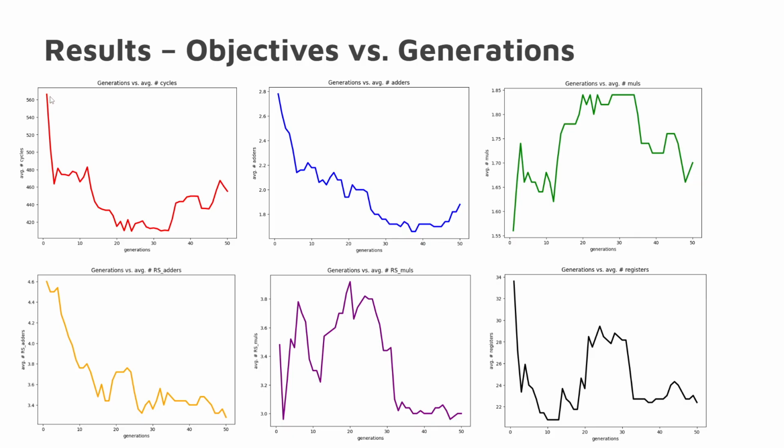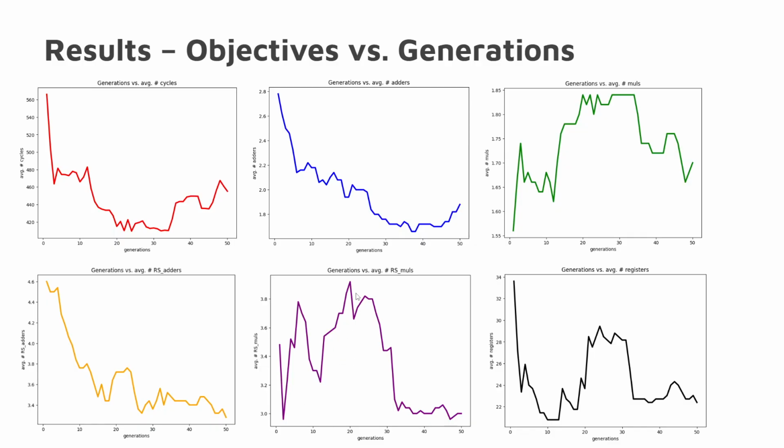This starts high at generation 0, which is a randomly initialized population, and then decreases closer to the end. Similarly, the number of adders decreases over the generations. The number of reservation stations for adders has a strong decrease. The reservation stations for multipliers